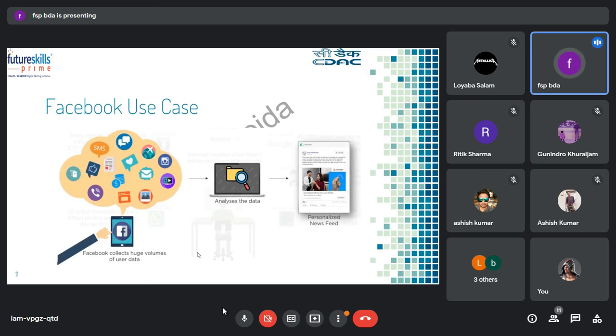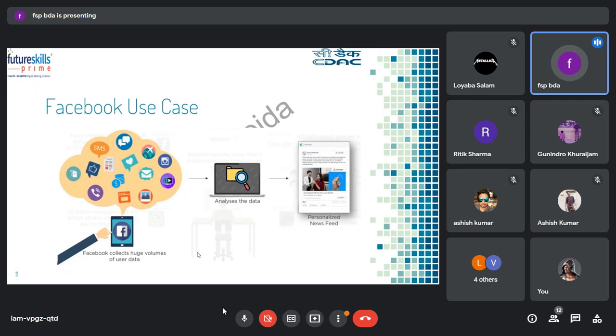First, tracking cookies. Facebook tracks cookies, right? If you have logged into Facebook and at the same time you are surfing any other website, suppose Amazon or Myntra, next time when you log in and scroll down, you will see similar website advertisements there. Suppose you were logged into Facebook and simultaneously logged into Amazon searching for some product.